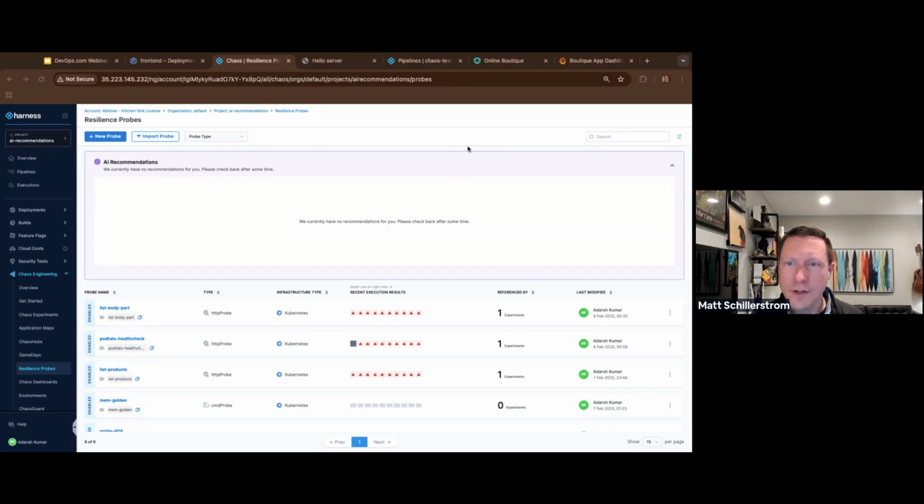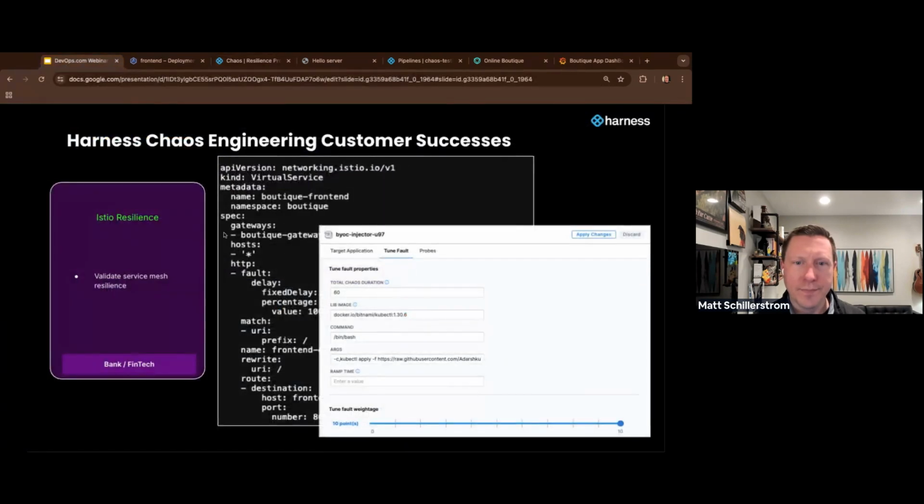This is good. Actually, let me switch back to my screen as well. So the use cases that I was talking about earlier, for example this Istio resilience, this was the platform team that wanted to do this test. But to answer your question, based upon working with customers and talking with prospects, a lot of performance and QA engineering teams are starting to own this. They're realizing how simple it is and how it makes sense to do load testing coupled with chaos engineering.